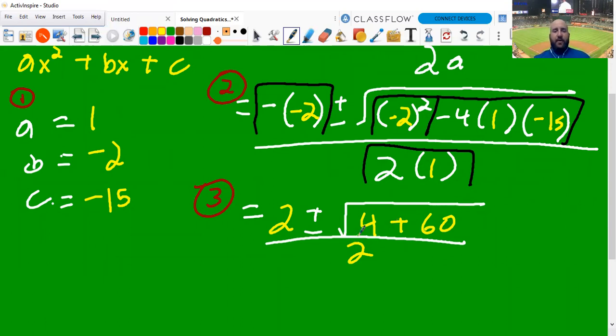So now at this point, if we look at step 4, it says simplify the math under the radical and then simplify the radical, which we'll get to in a second. Notice it does not say anything about trying to divide by my denominator if I can. One of the big mistakes I see a lot of people make is they want to go ahead and divide by 2 there,